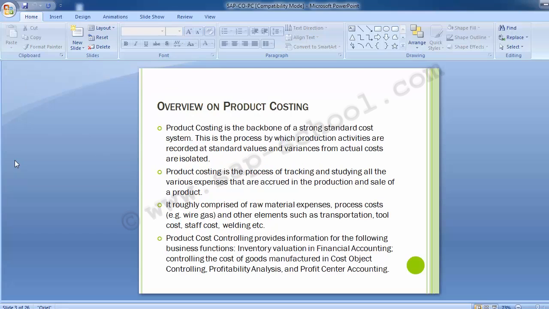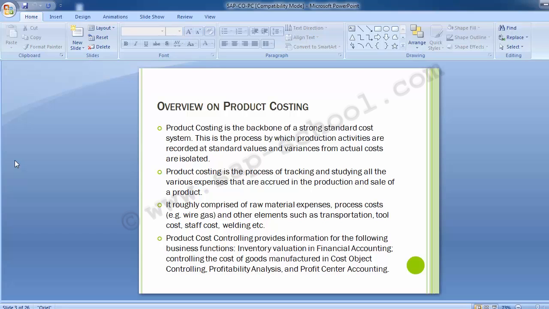Product costing is the backbone of a strong standard cost system. This is the process by which production activities are recorded at standard values and variances from actual costs are isolated. Product costing is the process of tracking and studying all the various expenses that are accrued in the production and the sale of a product. It roughly comprises raw material expenses, process cost which include wire, gas, electricity and other elements such as transportation, tool cost, staff cost, welding and many more such